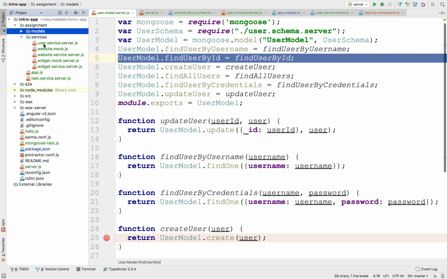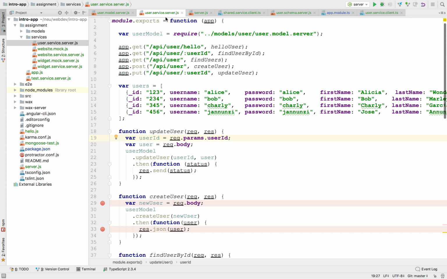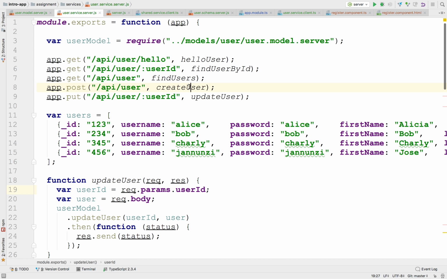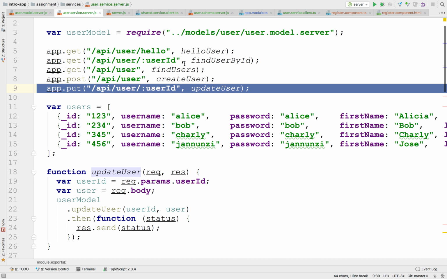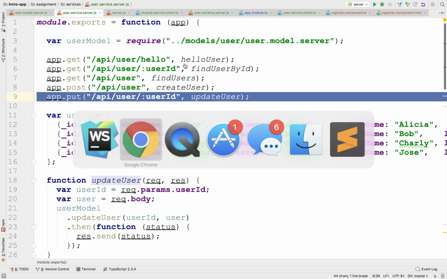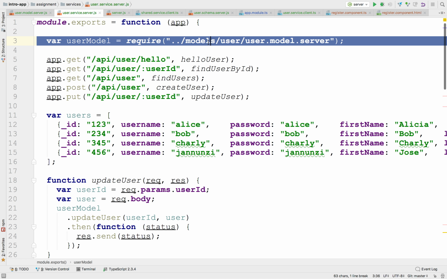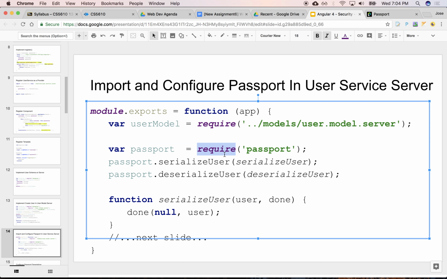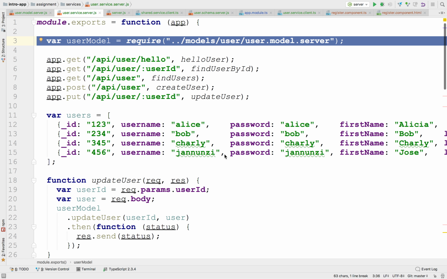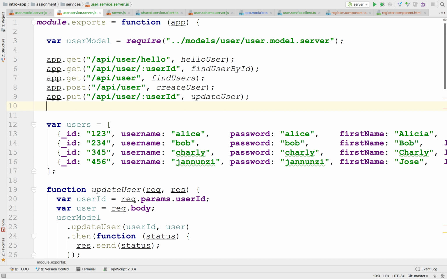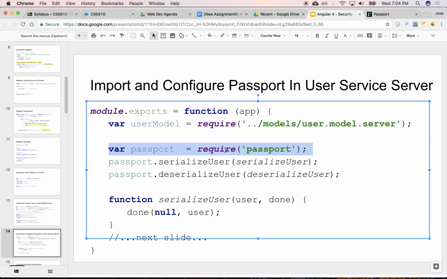So we have the user service here, and we already have a couple of things here. We have to be able to create a user, find a user, update a user, and whatnot. Okay, so let's add a couple more things in here. We have a user model already. Let's now bring Passport here, and we're going to set up